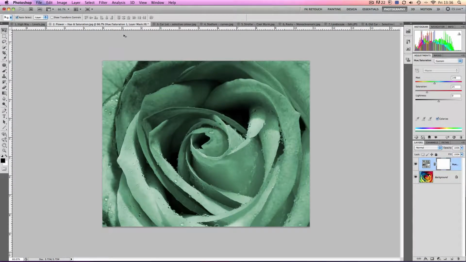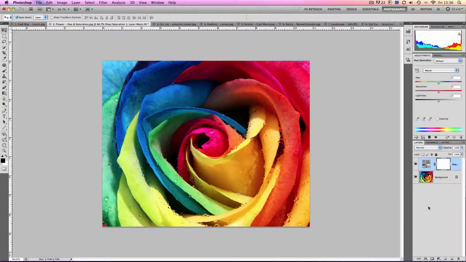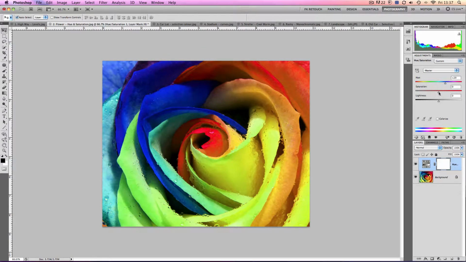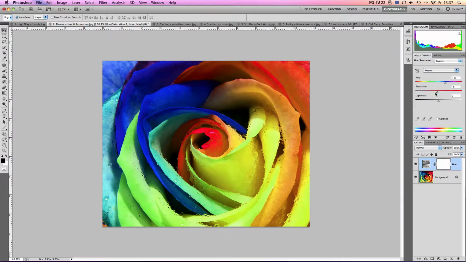Let's mess around with some hues and some saturations. Now here we've got a photograph of a flower. Let's go to the black and white circle. This time let's click hue saturation. Let's adjust the hues. Let's just move these. Look what happens. All of the colors are shifting. We can also increase the intensity of those colors, or we can bring that down to a negative and desaturate the image. We can also adjust the lightness,